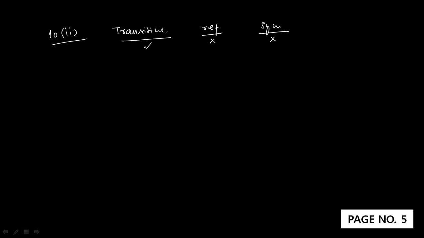The set should be transitive. Reflexive nature should not be there and symmetric nature should not be there. Now, what is the meaning of this? Suppose I am writing R, A comma B, this one is a pair, and the condition is A less than B. Suppose this one is the condition.